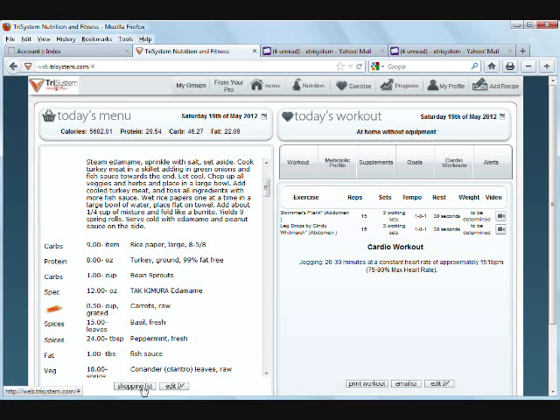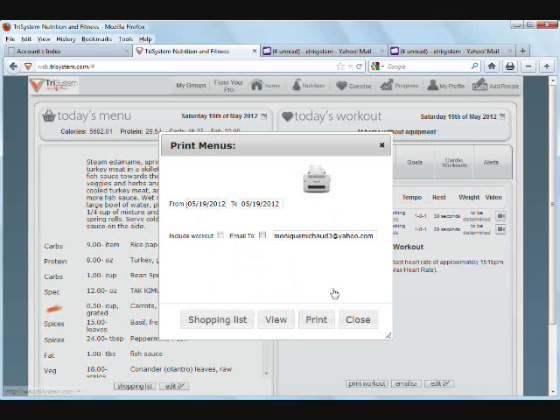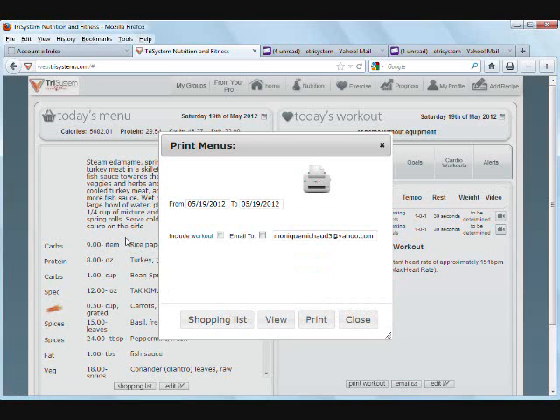So when I click on the shopping list, I notice today is the 19th. I want a shopping list for just that day because there it is, from the 19th to the 19th. One day shopping list. Because in the recipes you've built 2 and 3 servings appropriately so that your shopping list will be the exact amount of food that you need for the amount of servings that you've built into your recipe list. So you click shopping list,